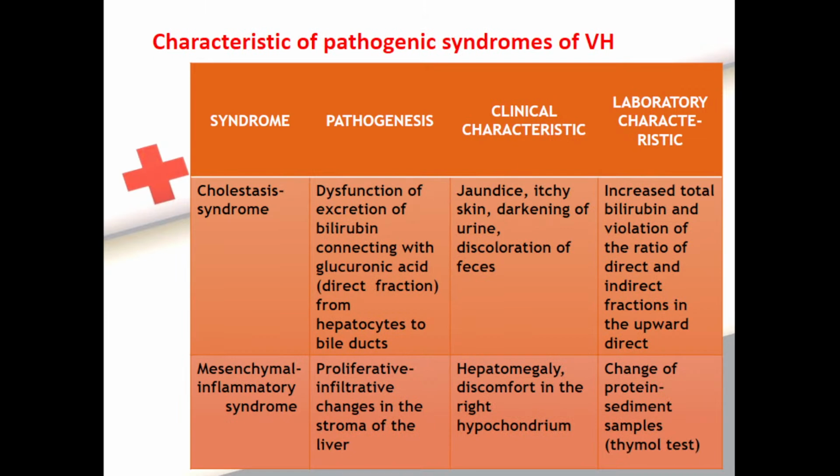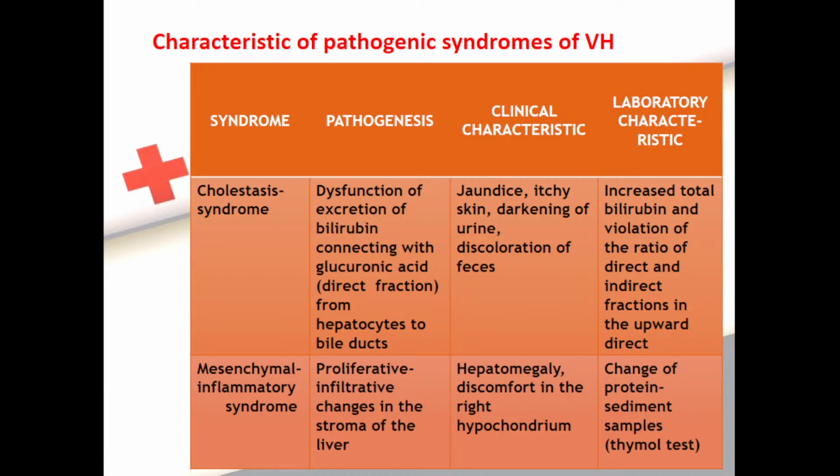Cholestasis syndrome. Dysfunction of excretion of bilirubin connected with glucuronic acid, the direct fraction, from hepatocytes to bile ducts. Clinically: jaundice, itchy skin, darkening of urine, discoloration of feces. Laboratory: increased total bilirubin and violation of the ratio of direct and indirect fractions, with the direct fraction rising. But again, it's not only about jaundice. Jaundice and bilirubin, it's just about jaundice. And cholestasis,